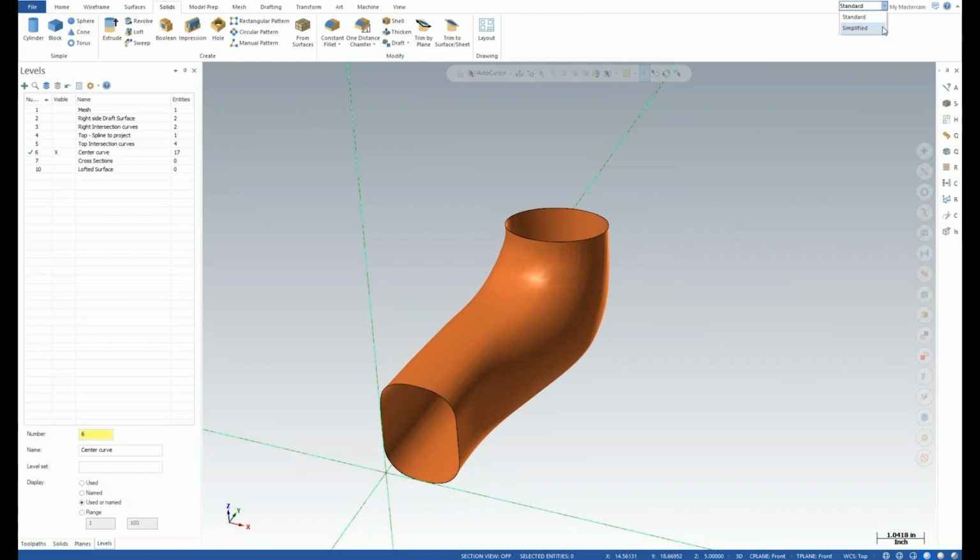But I think this is kind of a replacement for QuickPart, and so you can go to a simplified ribbon on the fly. So that may or may not be important. Maybe you've got some customers that are intimidated by everything they're looking at, and they want to see something a little less on the ribbons themselves.